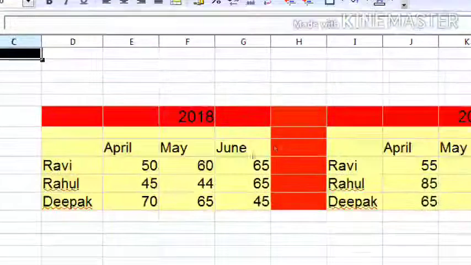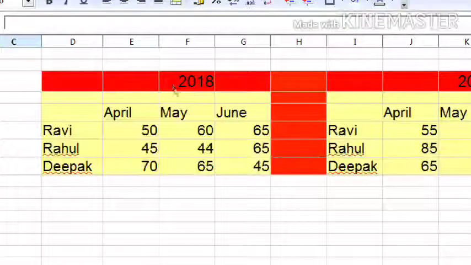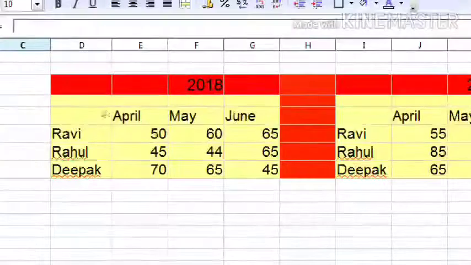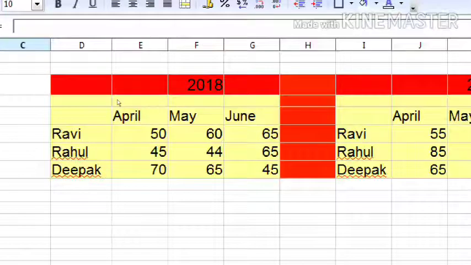Okay, so here we have a table. Suppose 2018 and 2019 data. Suppose Ravi sells toys: in April 50 toys, in May 60, in June 61. Rahul in April 45, and so on. And also Deepak in 2018.